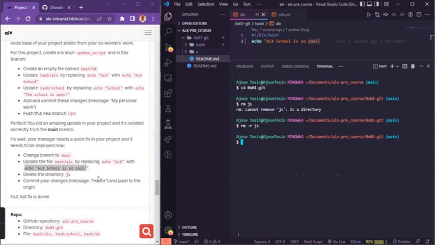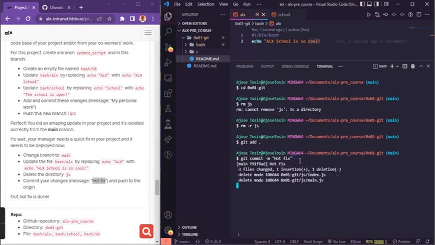Then they said we should commit our change with this commit message. So I'm copying that. The next thing I'll do is git add, then git commit -m, then let me put in the message they ask us to put in there. Hit enter. Yes, then git push. So if I hit enter now,